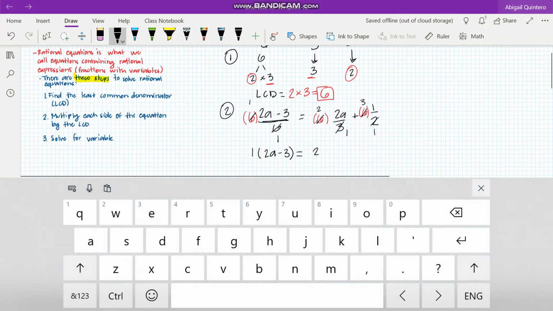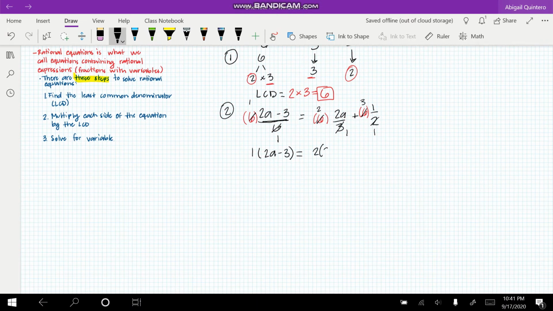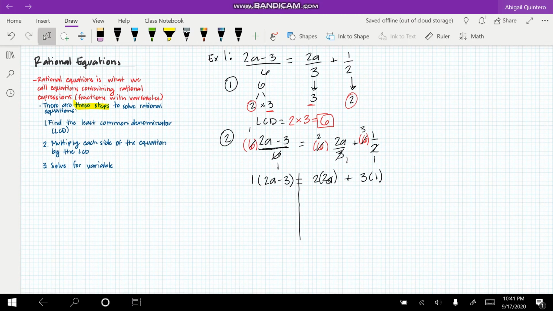Equals 2 times 2a. Same thing is happening, right? We have a 1 on the bottom. However, I'm not even going to include it because it's not changing the value of 2a. And then plus 3 times 1. Okay. So now what we want to do is simplify both sides of the equation until we find the value of